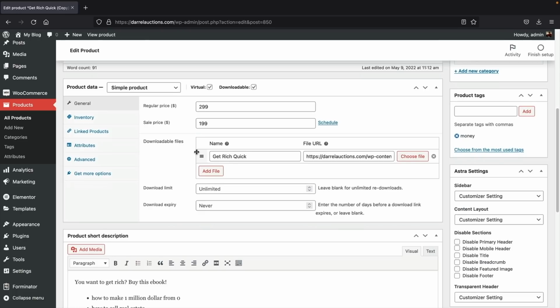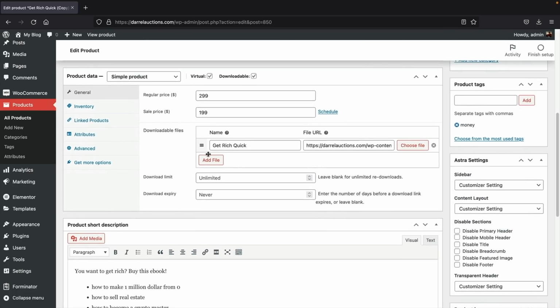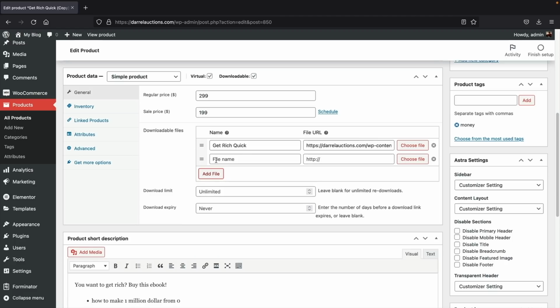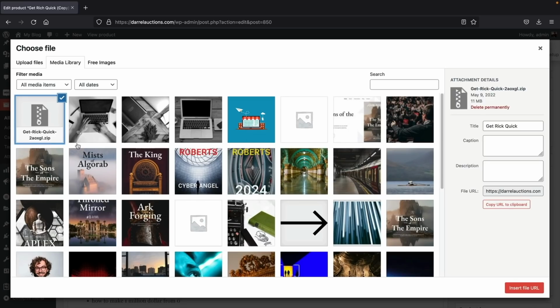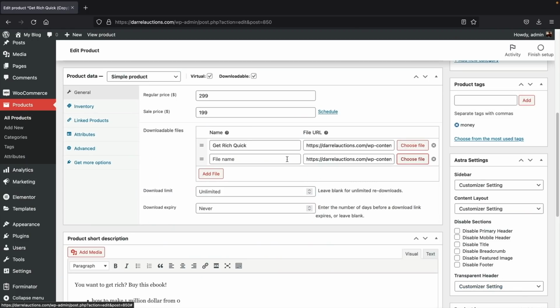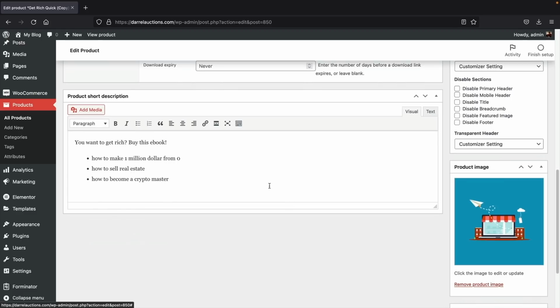and everything. However, for the downloadable files, we have this other option where we can click on add new. So I'll click on add new here, and this is where I can add a second file. So I'll go ahead and click on choose file. And just for tutorial purposes, I will just use the same zip. But what you can do here is you can have users get access to all of the downloads through one purchase. So over here, I'll put you want to get rich, buy this ebook, and I don't know, the PDF